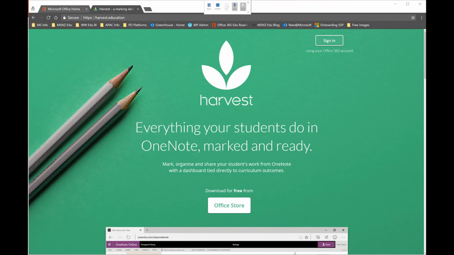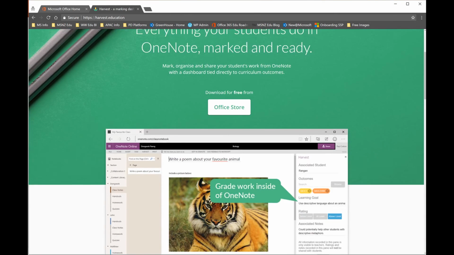Okay, well today I'm going to do a real quick run through an interesting product called Harvest, and as you can see on the screen it talks about taking all the work you mark in OneNote and collating it into a single pane of glass, and I think it's pretty cool. Right now you can download it for free from the Office store whilst it's in public preview,